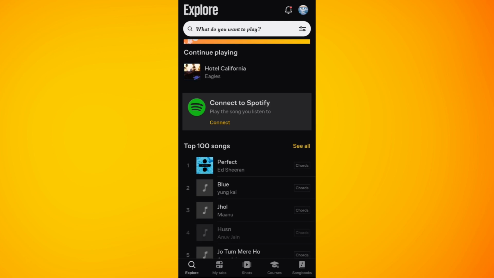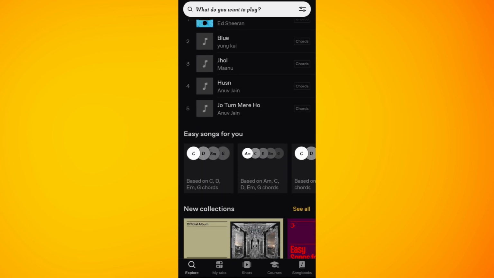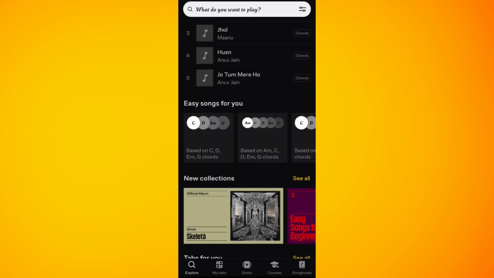First of all, you will have to refresh your internet connection. Ultimate Guitar needs a strong, stable internet connection to load the tabs, chords and lessons properly. So if you are on Wi-Fi and the app isn't loading, you need to just switch to mobile data. If you are already on mobile, you can try a different Wi-Fi network, or you can try this trick